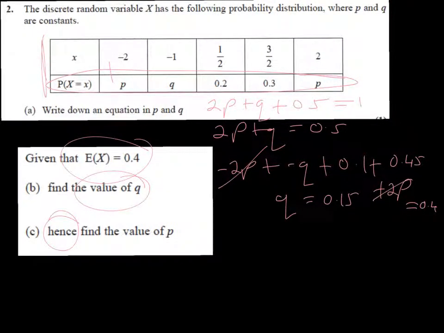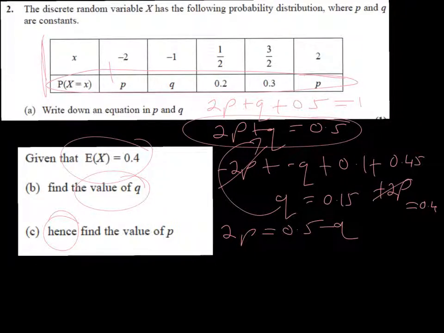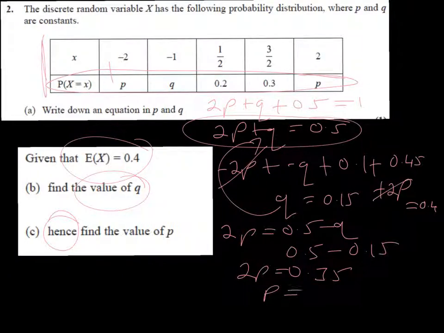We're told in part C to hence find the value of p, so somehow that means we're going to have to use this value of q here. Well, it should be fairly straightforward. We've got an equation in terms of p and q, so essentially all we're going to do is substitute this value in for q and solve for p. So we're going to have 2p is equal to 0.5 minus q, and we said that that is 0.15. So we're going to end up with 2p is equal to 0.35,